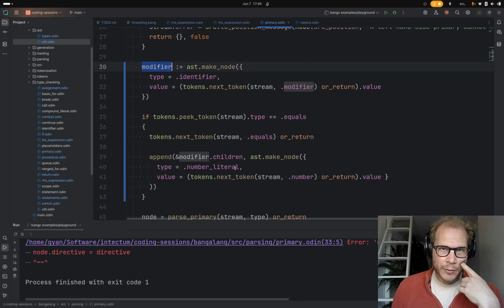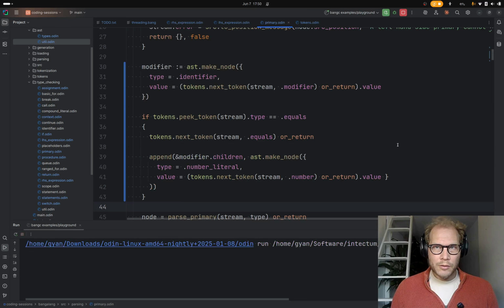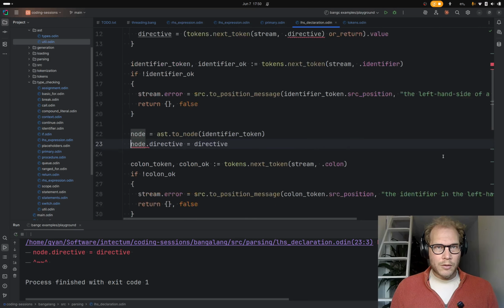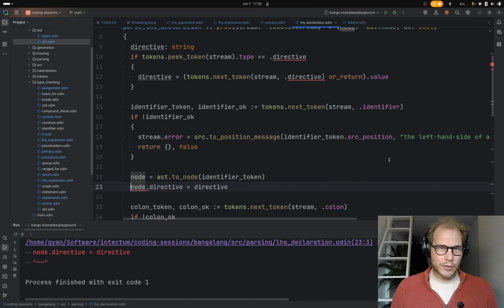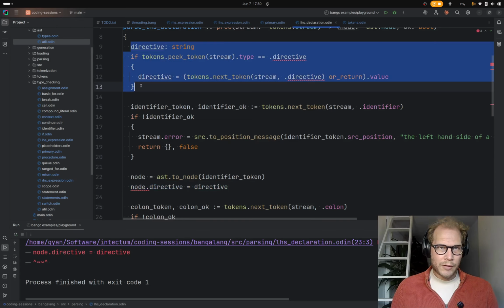So we get a modifier node, we optionally add a child to it, which is a number literal. Okay. So hopefully that's the only place in parsing where that happens. Otherwise, I guess we can just extract it. So this is where we create the modifier token. No, this is another place that it happens. We have a directive. Okay.